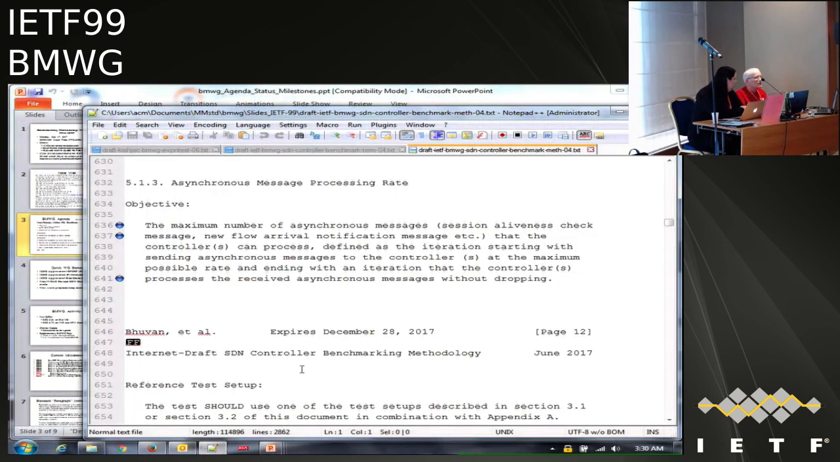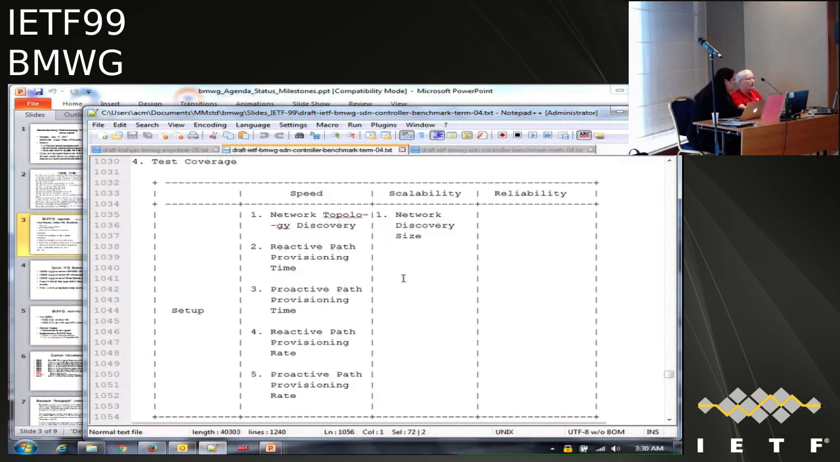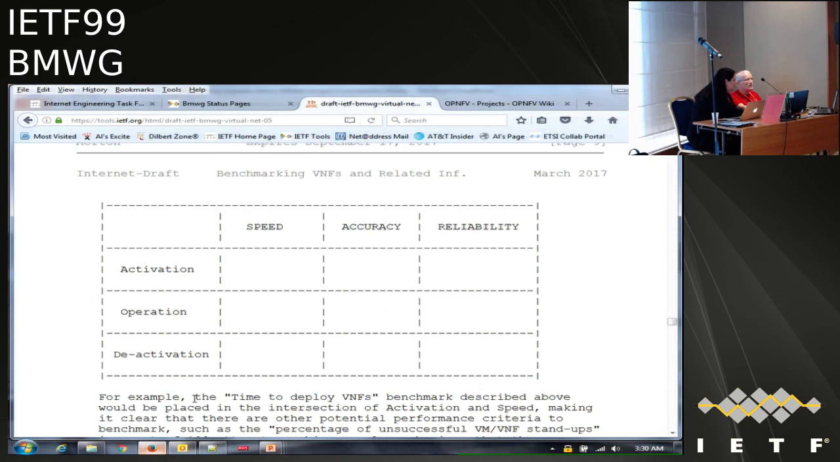So, this is the wrong one. So we got the 3x3 matrix here, but we said when we have the scalability column, it's a 3x4 matrix. And the column that's missing here, which is what I noticed, is this column, the accuracy column. And in the draft,